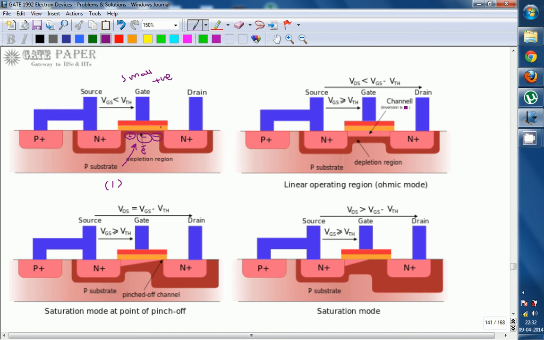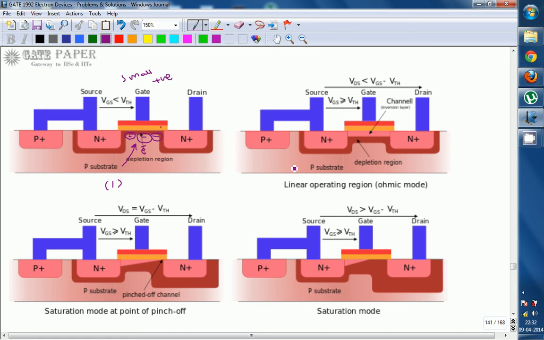Now look at this one. This is the channel. It is also called the inversion layer, because previously that region consisted of holes, and now it is turning towards electrons. So the charge carriers get inverted, and the region is called the inversion layer. You get this inversion layer above the depletion region, because the depletion region consists of negative ions, which are immobile and cannot move. Electrons are mobile, so they move and are attracted towards the silicon dioxide layer, but they cannot go beyond that. They will be accumulated near the silicon dioxide layer. So above the depletion region the channel is formed.